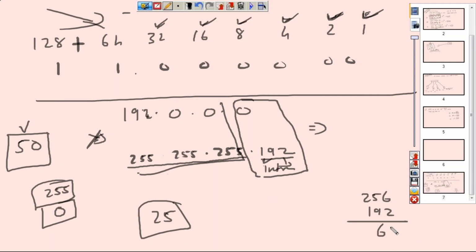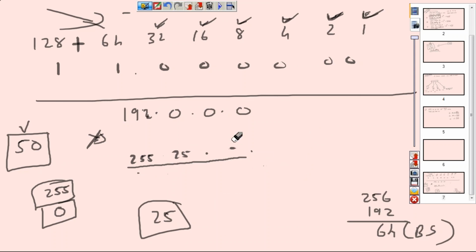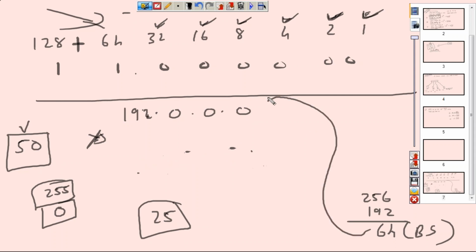So this means our network has a size of 64, and this is something we call the block size. That's the size of our network. And then all you simply have to do is take your block size and add it to your first IP. Our first IP is 0. You take the block size, add to that, plus 64. So what is 0 plus 64?